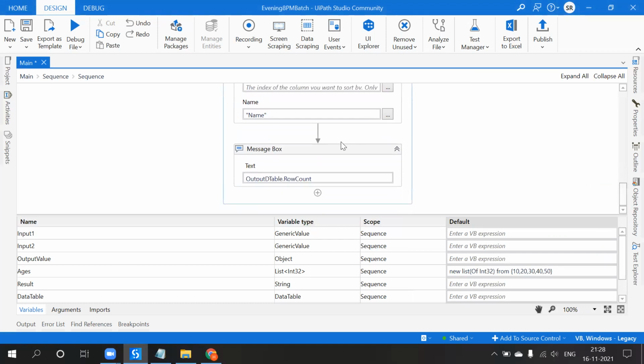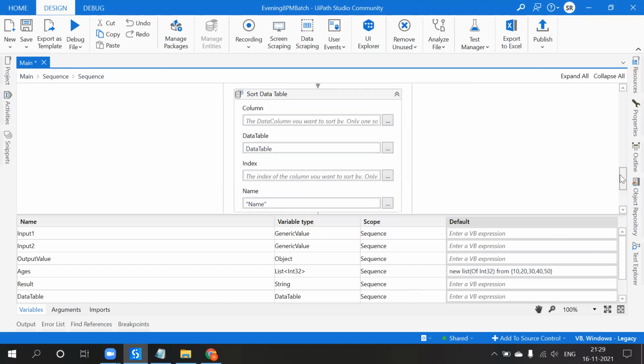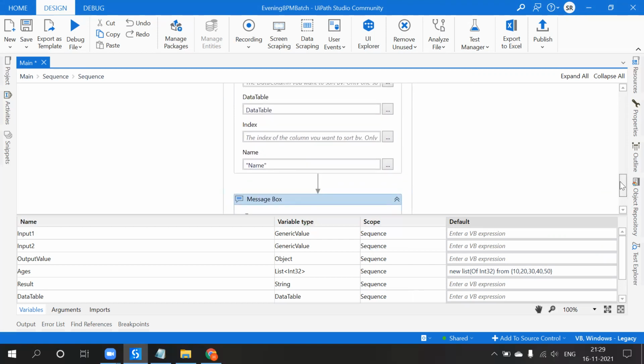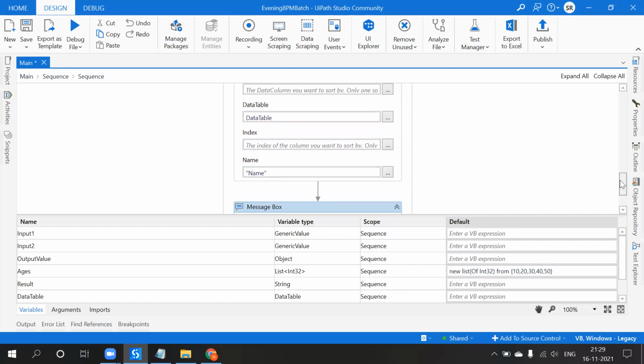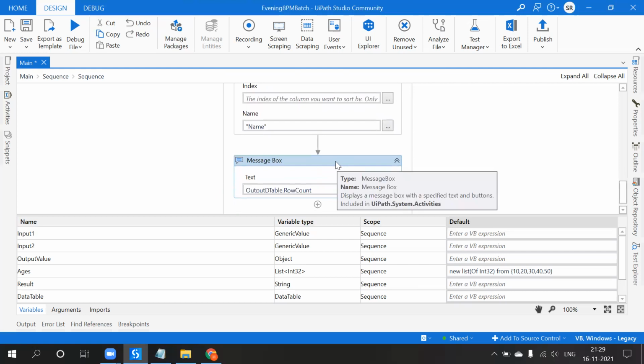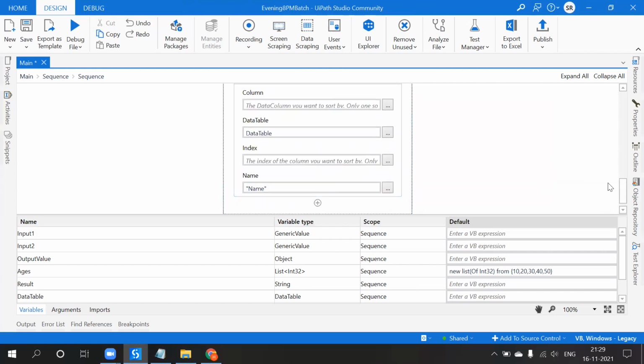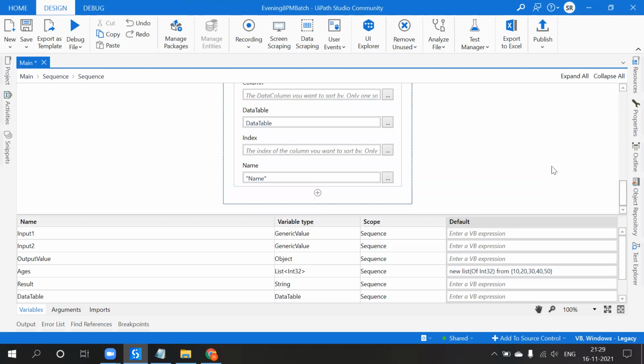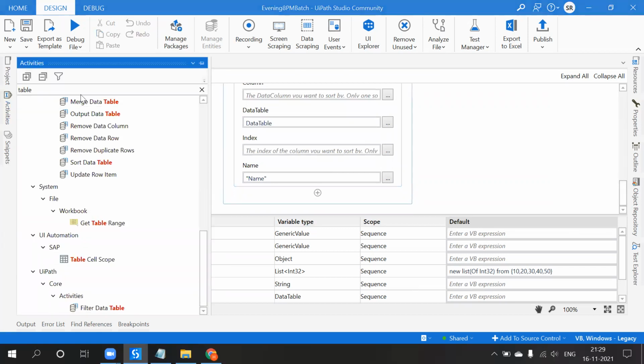So, table sorting, right? How will we get the data? See, there is one activity called output data table.